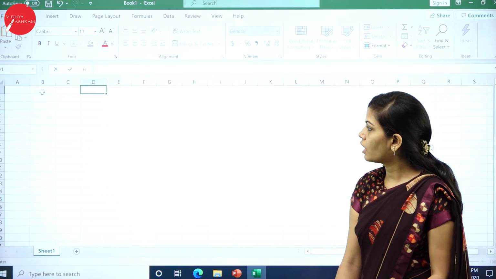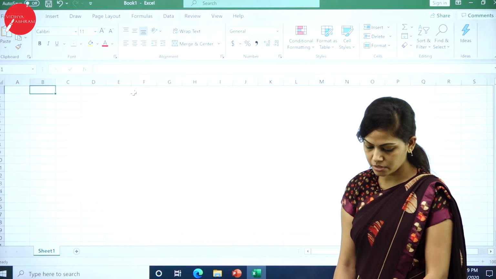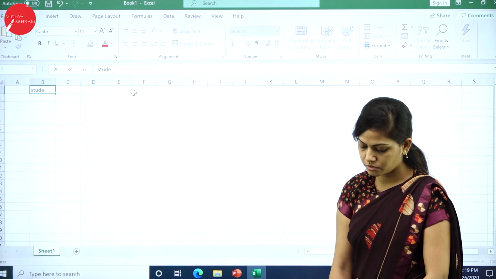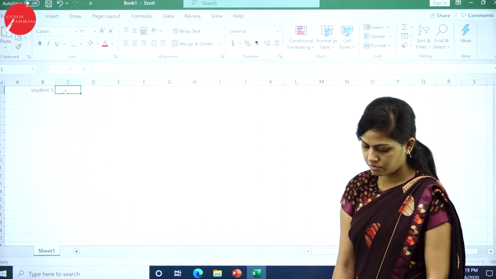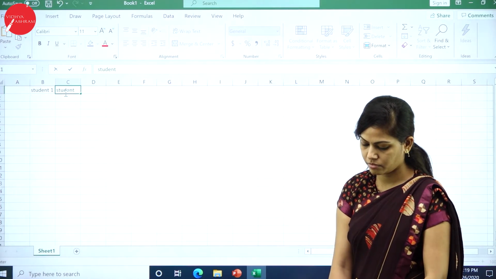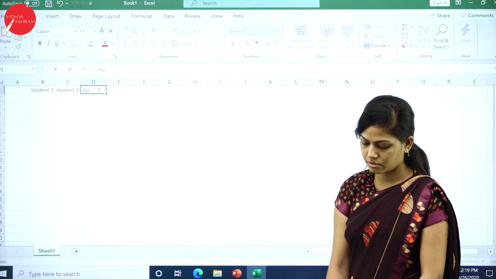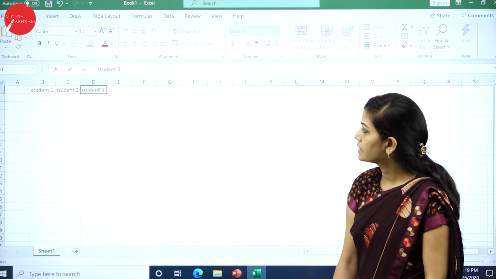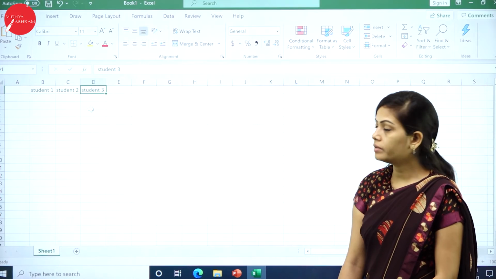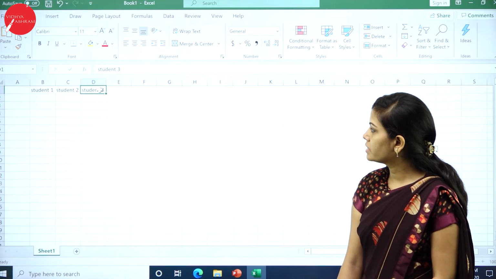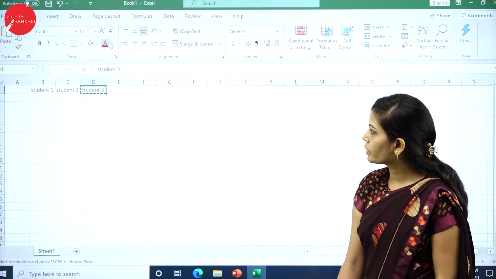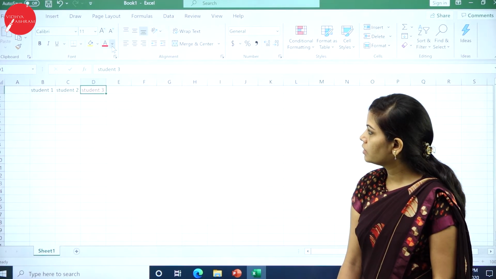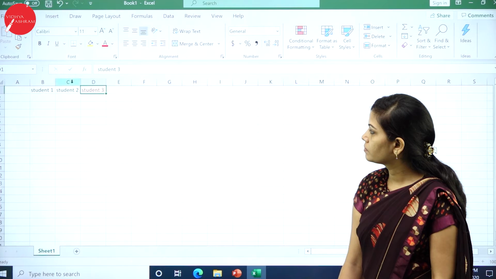So I will show you how to insert text or numbers. So now I will type student 1, student 3. If you want to highlight this, you just right click on this and copy it, and you can change the color of this text.